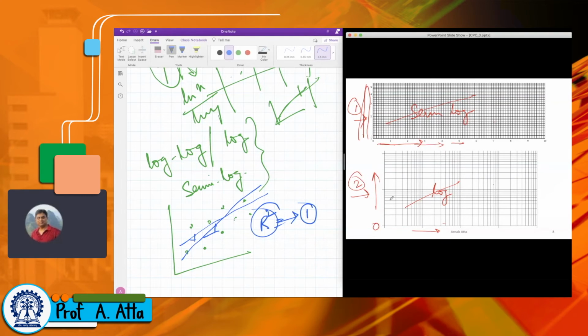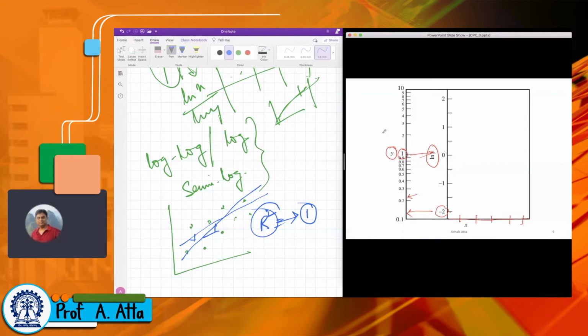Did you get the reason? In rectangular scale, you can put a 0 here, but in a log plot, you cannot. Exactly. So the rule is that in semi-log paper or in log paper, we never put any axis of log values, be it either normal or natural log. So any question till this point?